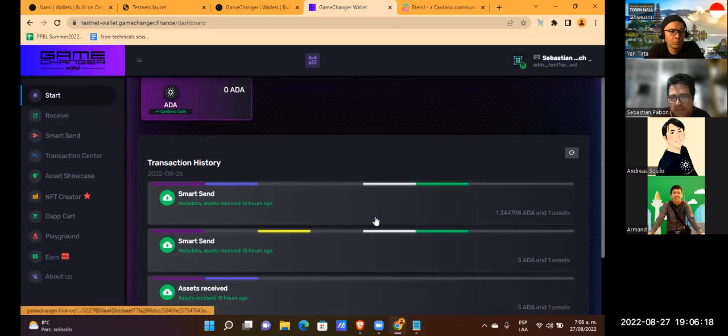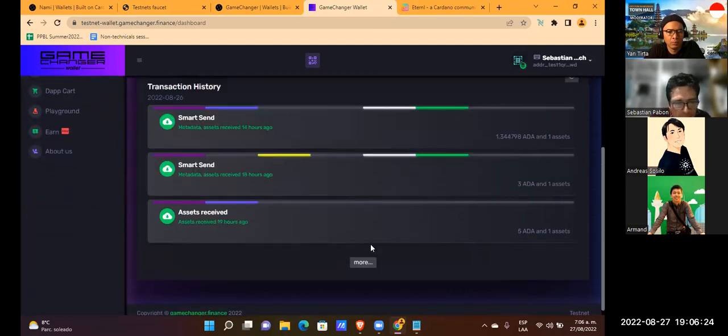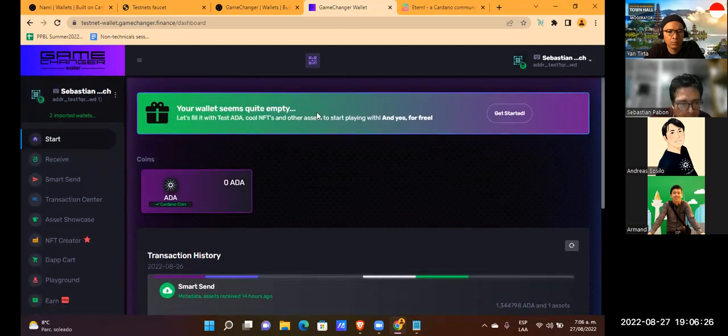Okay, this is a wallet that I have here from recent days.